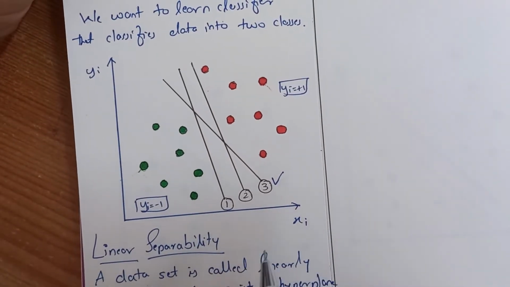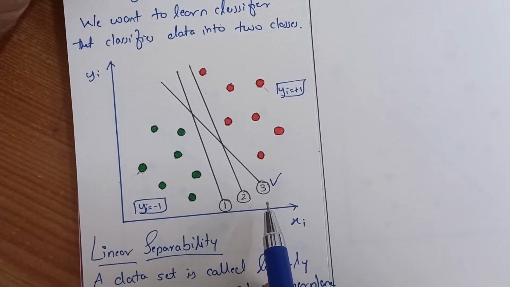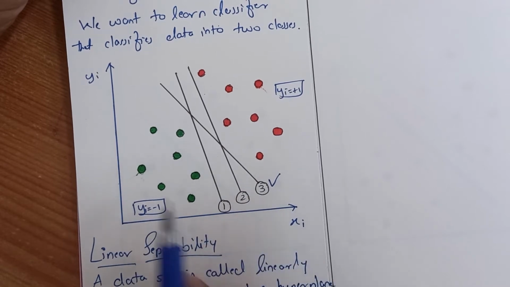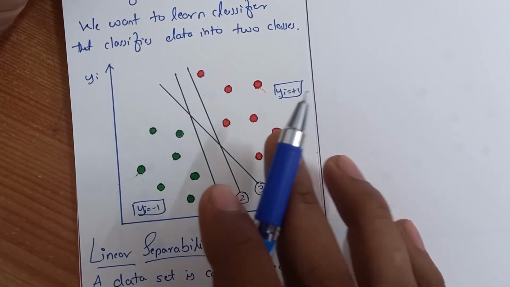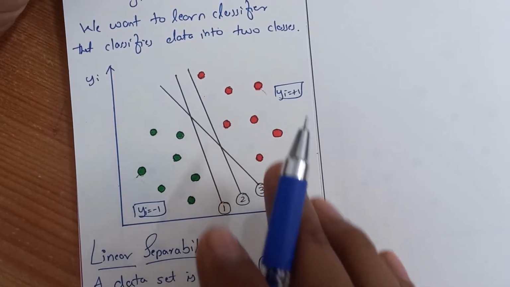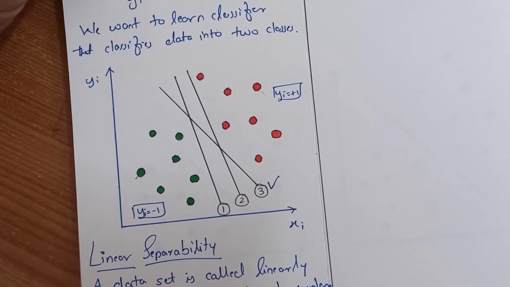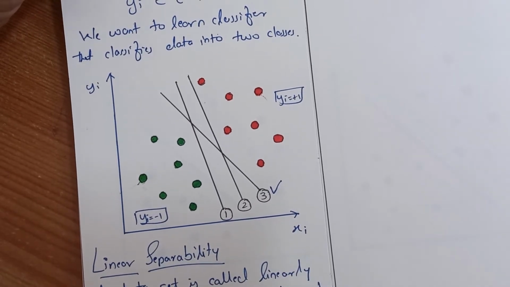Here in this case also, when there were 3 lines, we want to come up with the optimized, best one. When we say that, we want a generalized solution. All these 3 lines are working for this particular data sample, but we want the final model to also work with the actual data which will come in the future. Your model should not be only working with the training sample. So you should come up with a generalized model. This is how SVM will help you come up with the final equation of the line.